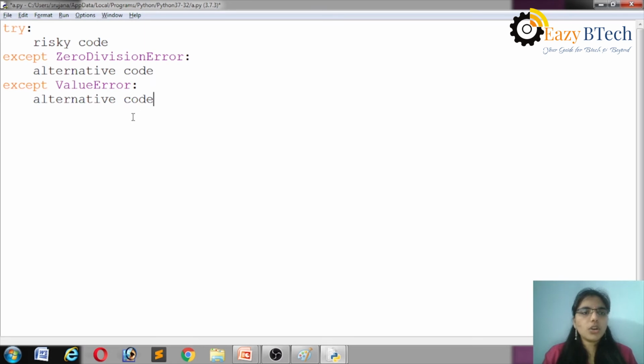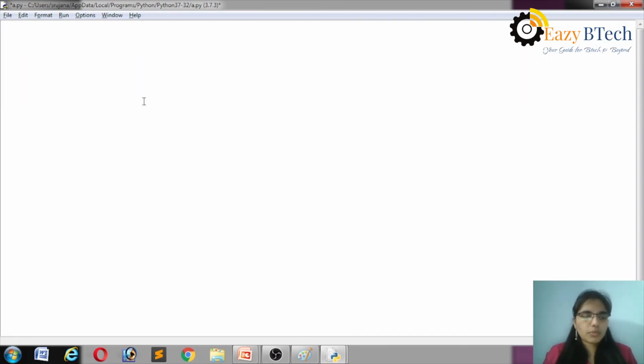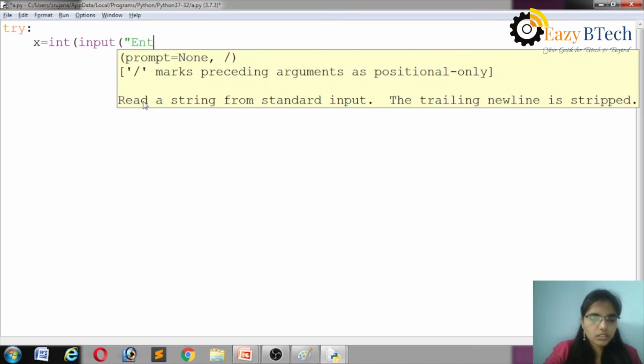If it is a zero division error, then the zero division error except block is executed. If it is a value error, then the value error except block is executed. Okay, let's see an example program for try with multiple except blocks. For example, I'm writing a code. Try: x is equal to int of input of enter a value, x value,